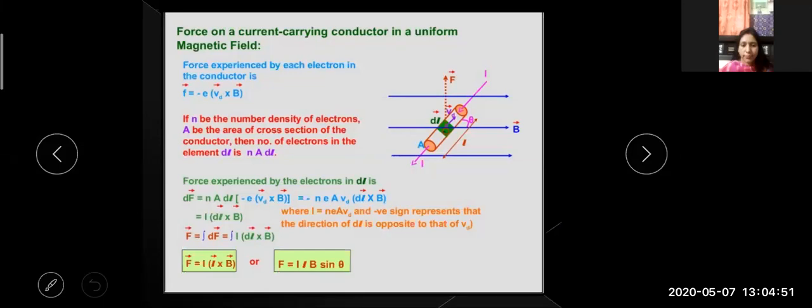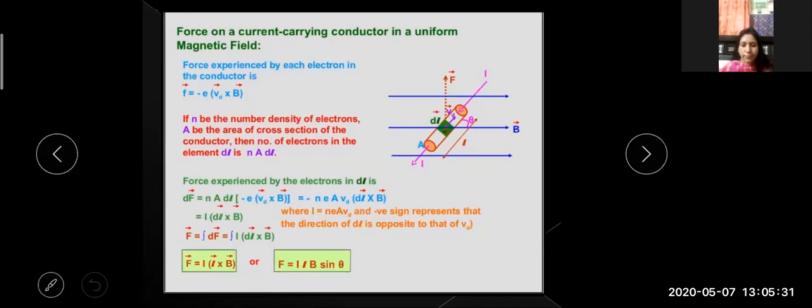We know that current through a conductor is due to the motion of free electrons in the conductor in a definite direction. We have studied about it in the current electricity chapter. So when such a conductor is placed in a magnetic field, it experiences a force. Each electron moving in this conductor experiences a force. Hence, the current carrying conductor experiences a force that we have to discuss in this video. So let us start the expression for force on a current carrying conductor in a uniform magnetic field.